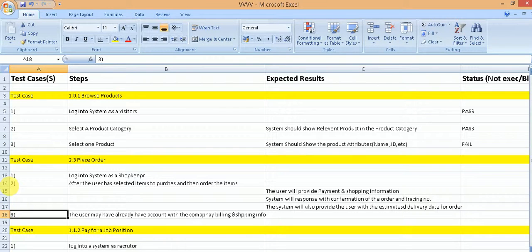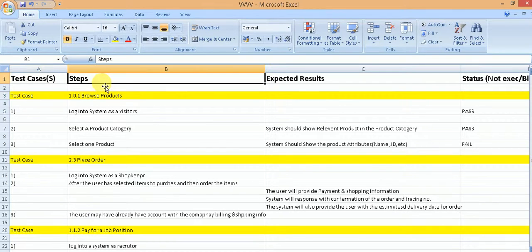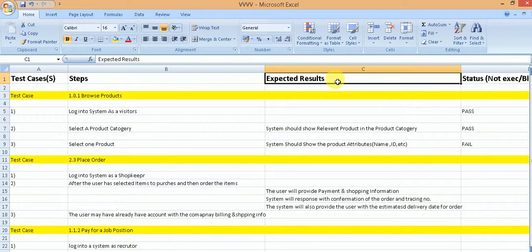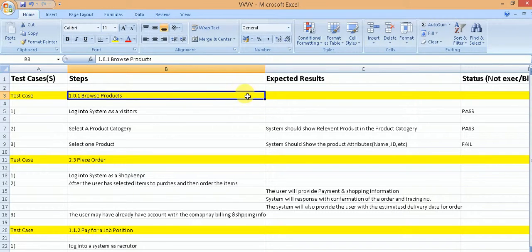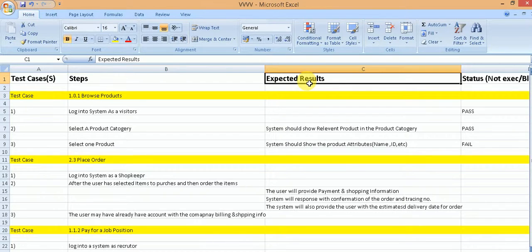Now within the test case, this is the complete test case we have over here. Initially the statuses will be blank, there will be nothing filled into it. So this is the test case. Now if you see, the most important parts of the test cases are the steps and the expected results. So when you run the test case, that time you have to execute the step. After execution of the step, there will be an expected result that you need to verify, whether such a thing has happened or not happened. So log into the system as visitor.